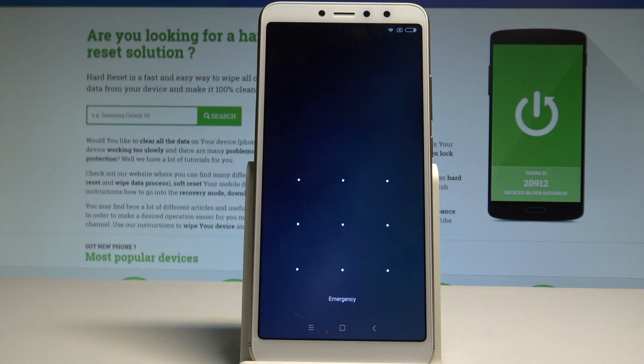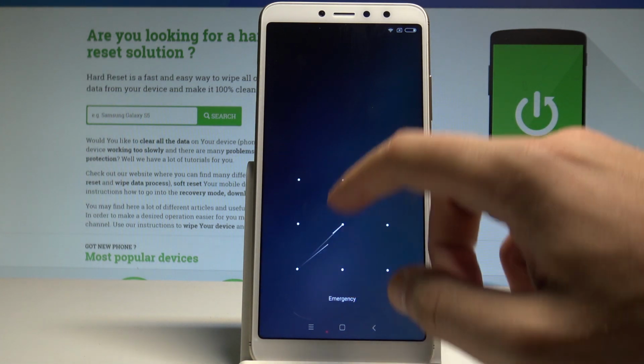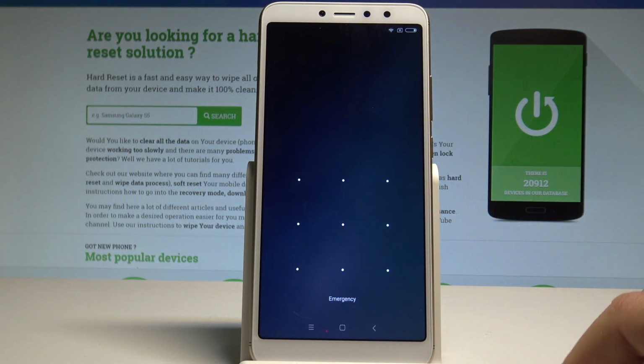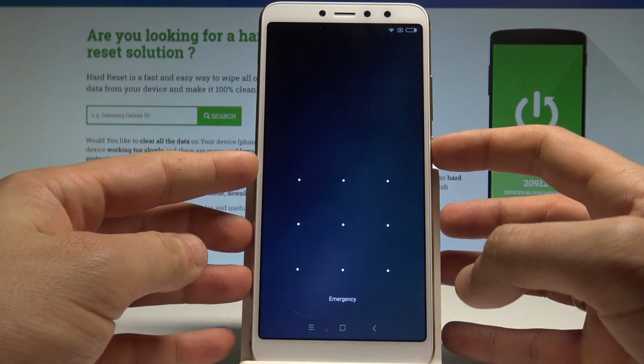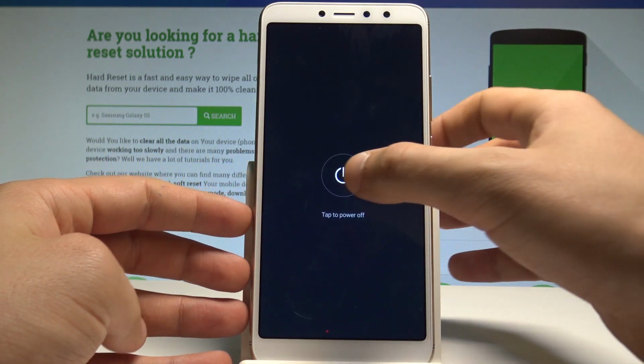Here I have Xiaomi Redmi S2 and let me show you how to accomplish the hard reset operation on that device, and let me show you how to remove and bypass screen lock or a password protection on the following smartphone. So at the very beginning, let's start by pressing the power key, choose power off and tap power off